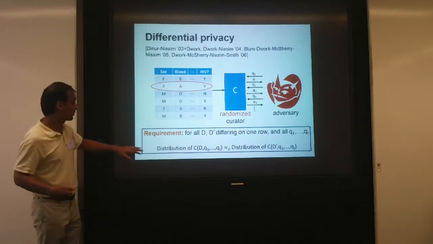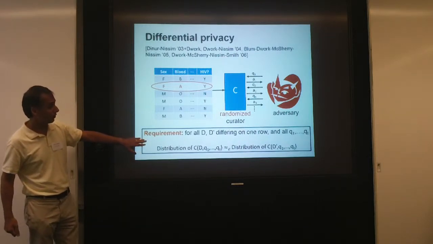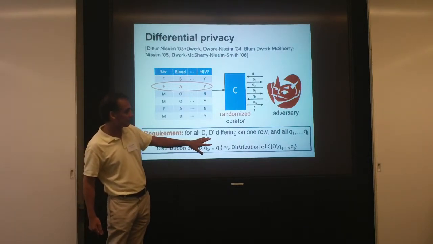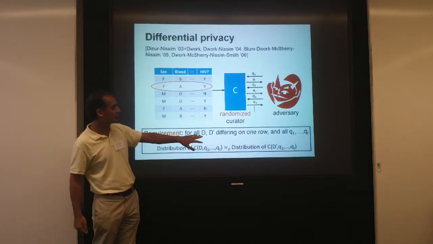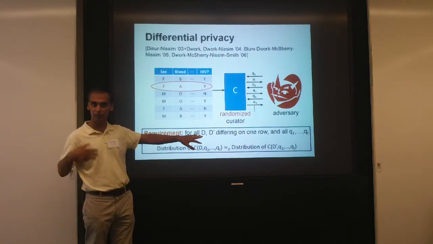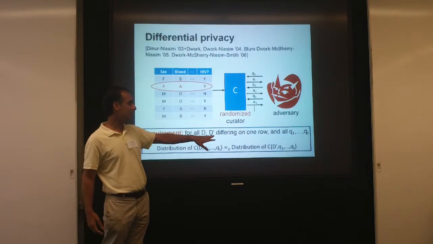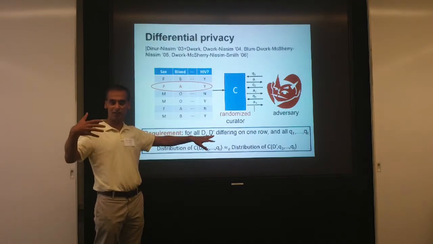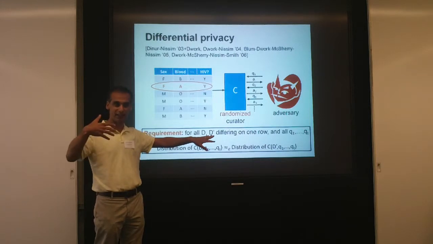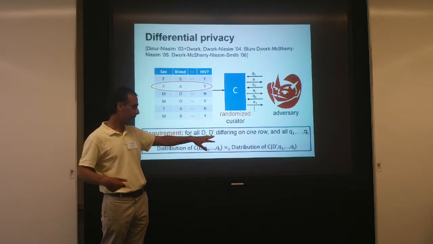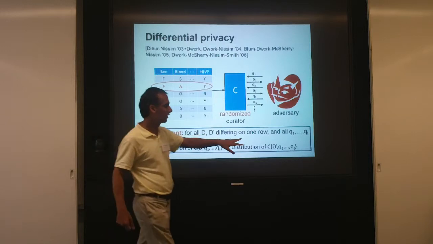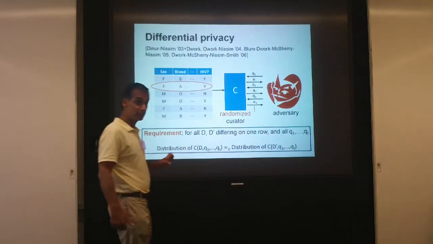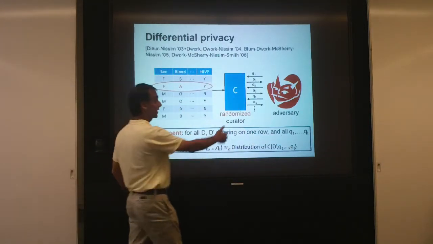And the requirement is for any two data sets that differ on one row. So you imagine, like we had before, the data set D with your data in it, and any data set D prime that differs on your data, that has arbitrary other values replaced, and any sequence of queries that an adversary might ask,